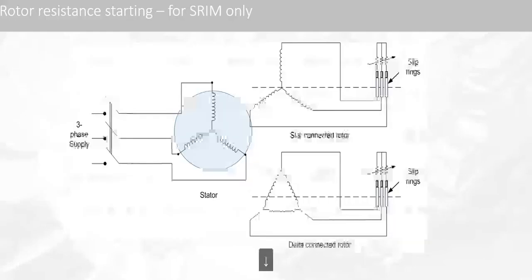So this is the diagram of the rotor resistance starting. This is the stator, this is the stator winding, and this is the rotor winding, where the external resistances are connected through slip ring and brush assemblies. It is for a star connected rotor, and this is for a delta connected rotor. Okay, so now